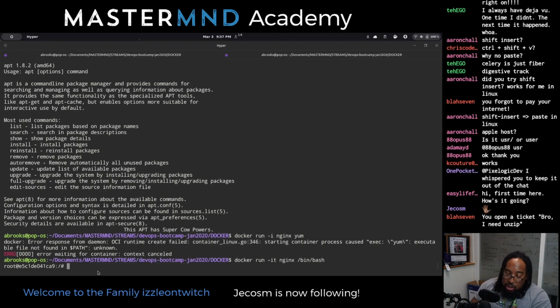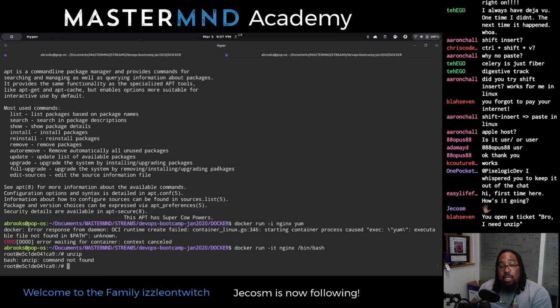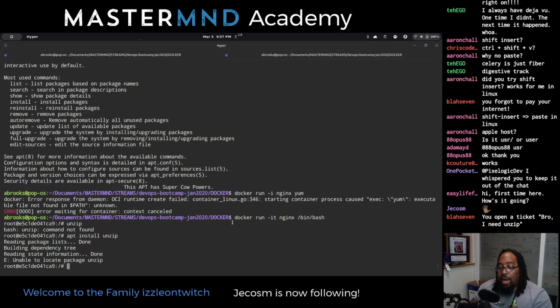If I wasn't sure how to get unzip, you type in unzip and you're like, oh, command not found. Google, how do I install unzip in Debian? I know you can do apt install unzip. You might think you can do that by default, and you type that in and get this and think, oh no, it's not working. This is not a Docker problem. We're out of the realm of Docker problems. These are all Linux problems. It says unable to locate package unzip.